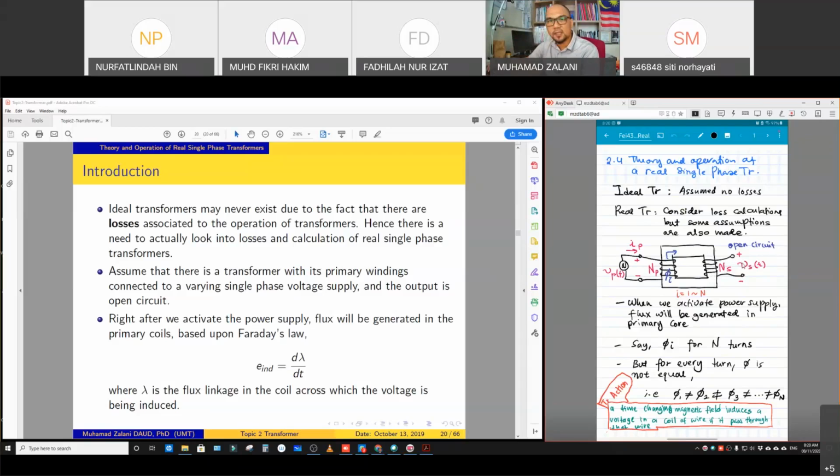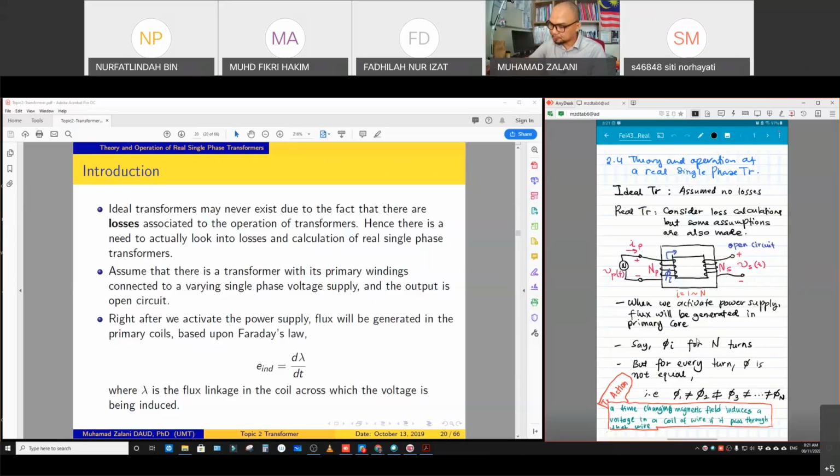So this Vs is actually the voltage that has been induced because of the time-changing flux that occurs at the secondary winding of the transformer, which at the secondary winding we have NS number of turns, right? Okay, so from here we can say that for N number of turns, now we are going to discuss how to do the calculation at the primary. So for the N number of turns, we assume that we have phi,